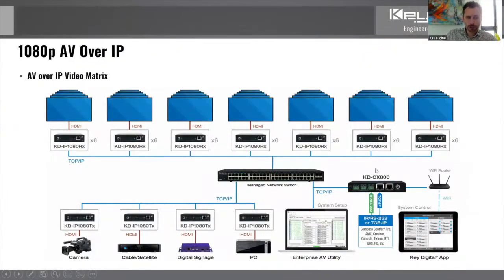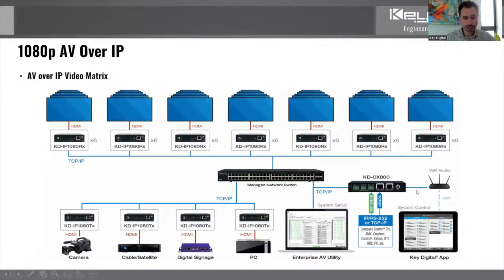Well, here's an AV over IP video matrix, 4 sources, with 6, 12, 18, 24, 30, 36, 42 displays. So this fits on a single network switch, as we see here in the picture. We have our control interface that the free app is communicating with, and perhaps even a third-party control system if needed. This looks like it could be a nice solution for a large venue like an arena,